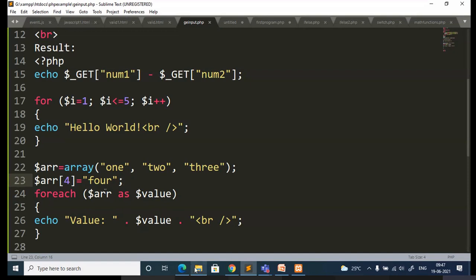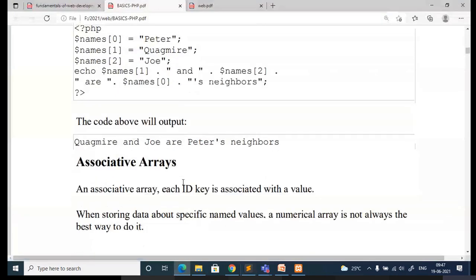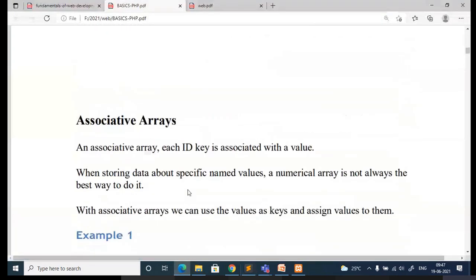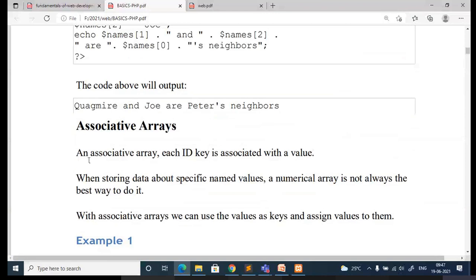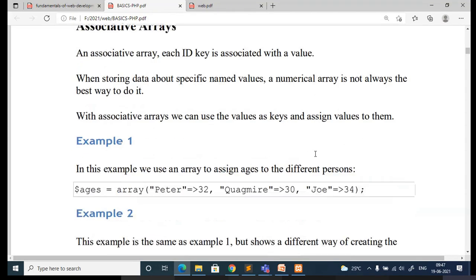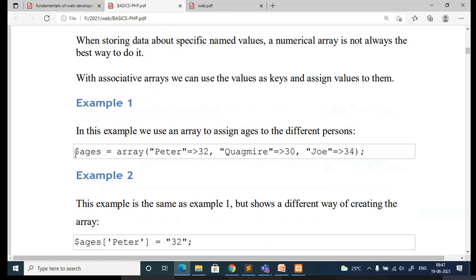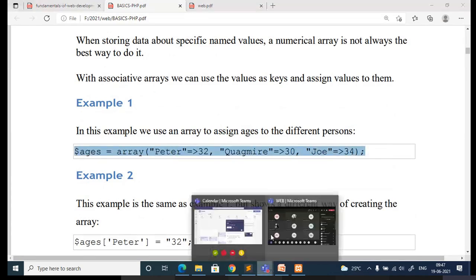Before multi-dimensional, let's see how the associative array works. In an associative array, each key is associated with a value. That means you will have a key, and there is also a value assigned to it. How do you create this and access the elements? This is how you can create the array using associative.